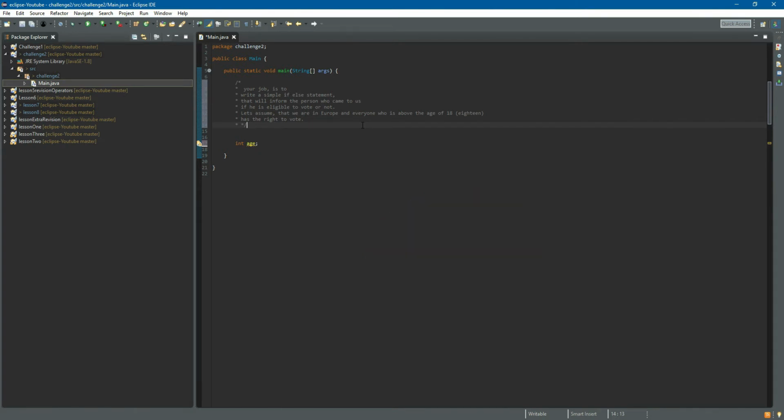Welcome back! Did you make it? Let's see my solution. So, we have this variable age and we will give it a value of 20, for example. So, we say if age is greater than 18, then